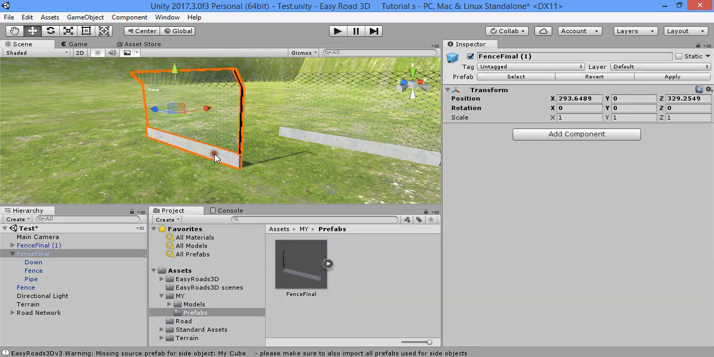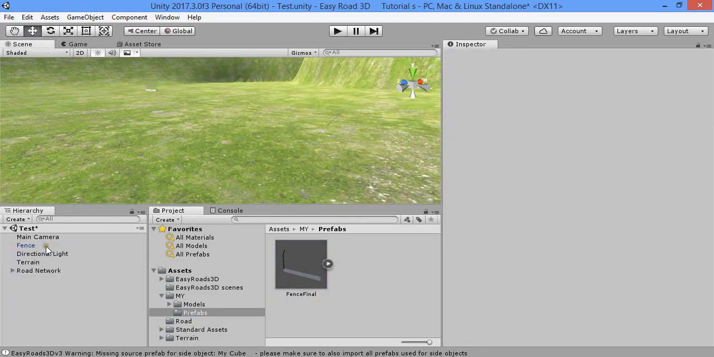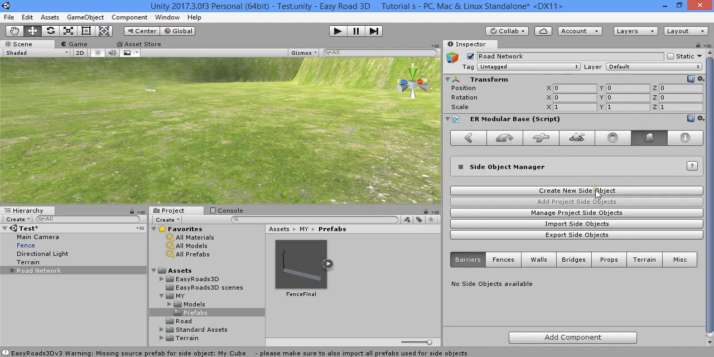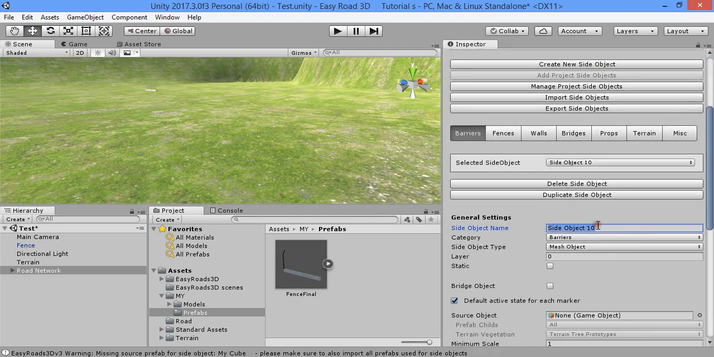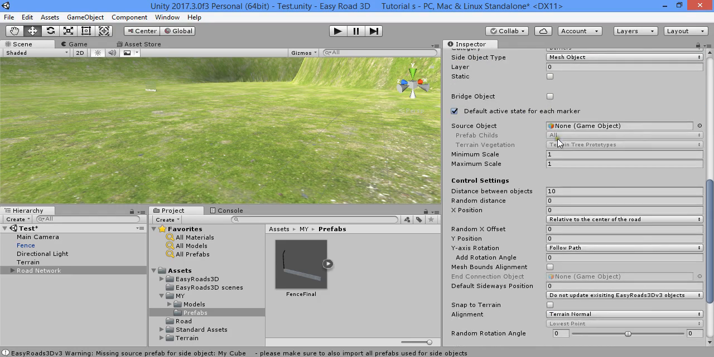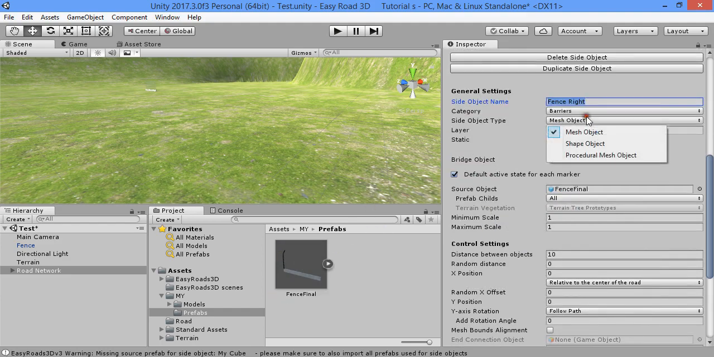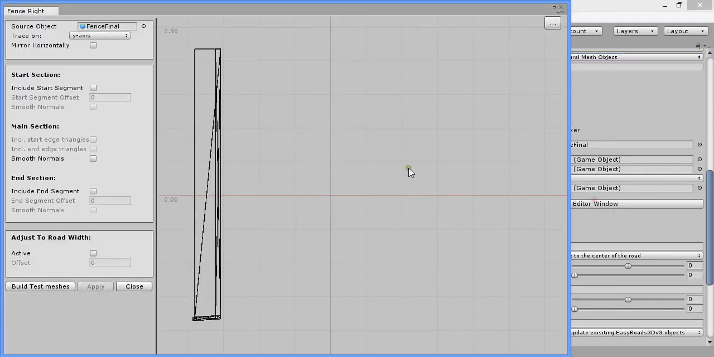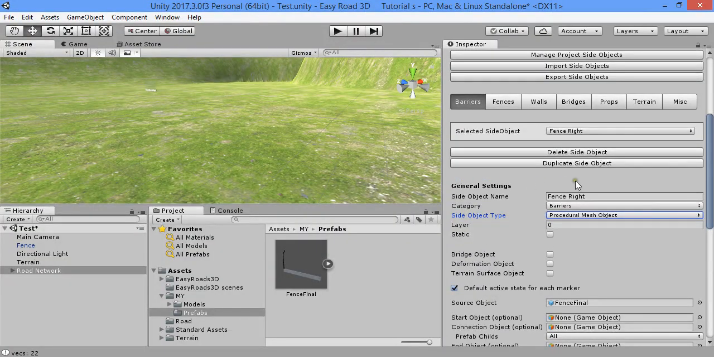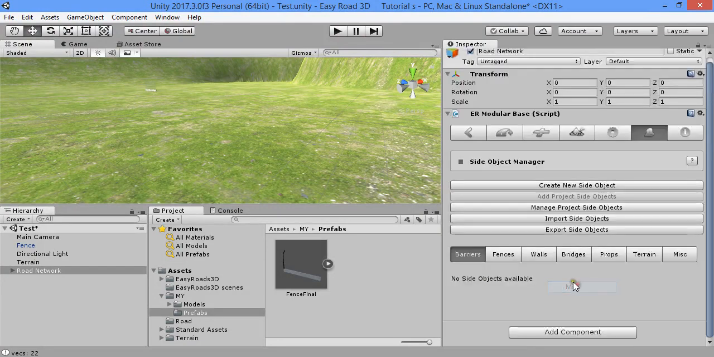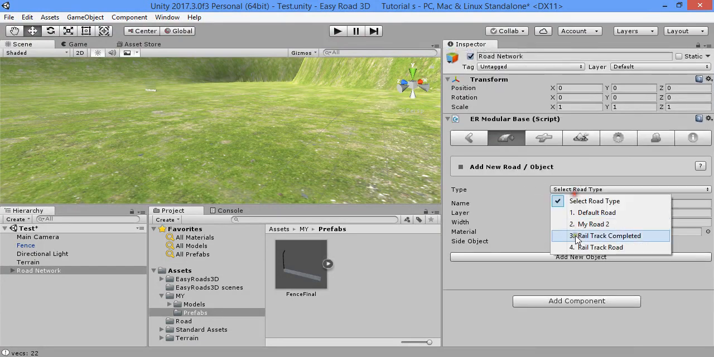Create a prefab for the fence. On the road network, from here, create a new object. Fence right. Here at the fence, everything is okay. Category is MISC. Now try